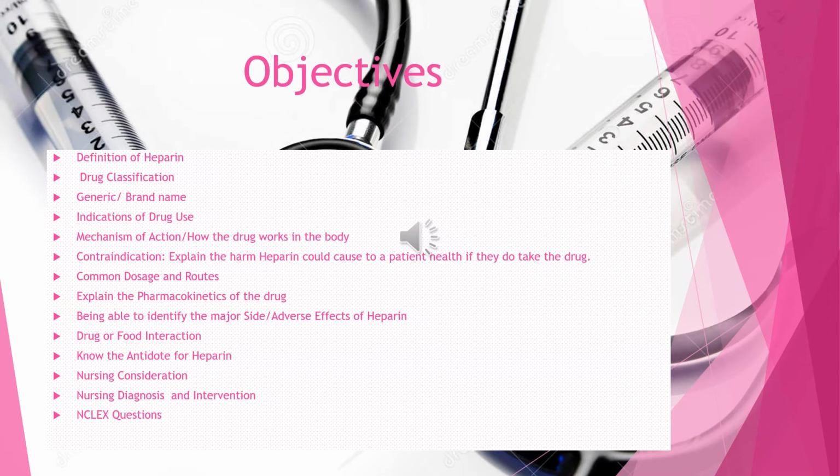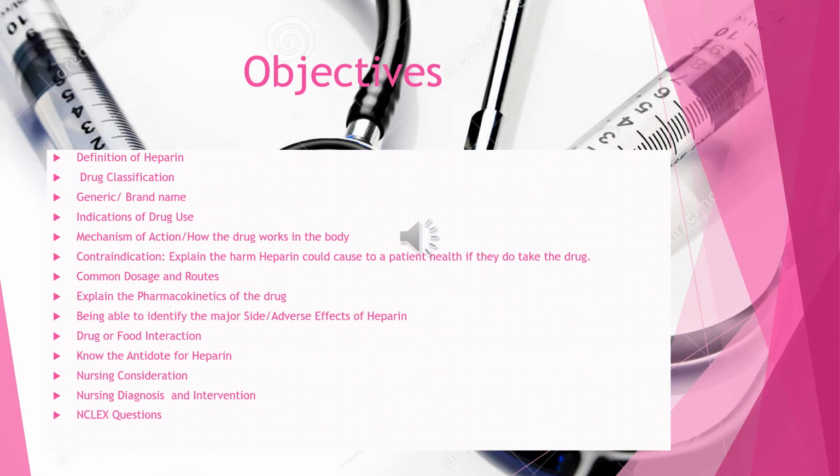Alright, we're going to be starting on the objectives. So we're going to try to know the definition of heparin, drug classification, generic and brand name, indication of drug use, mechanism of action, basically how the drug works in the body, contraindication, which explains the harm heparin could cause to a patient's health if they take the drug. Common dosage and routes, explain the pharmacokinetics of the drug, being able to identify major side effects or adverse effects